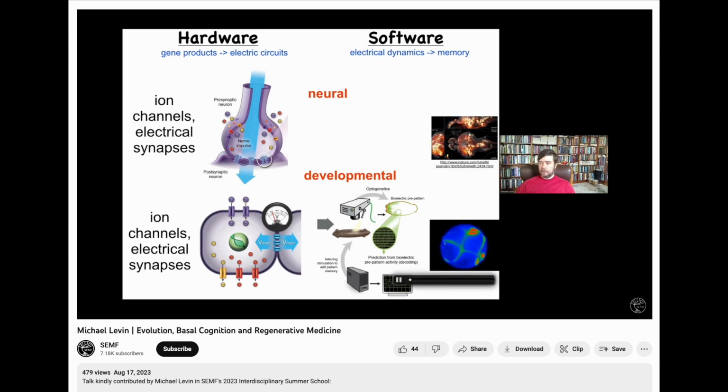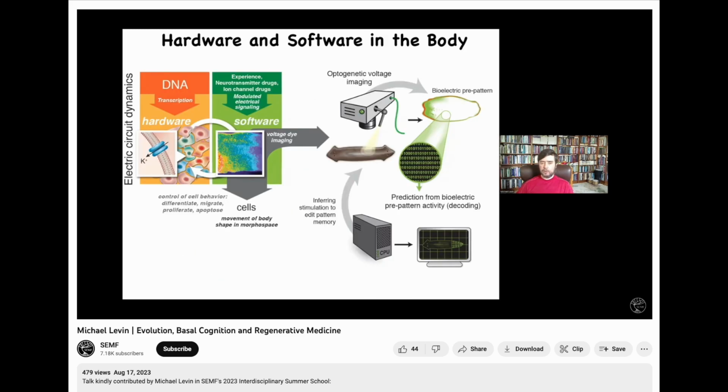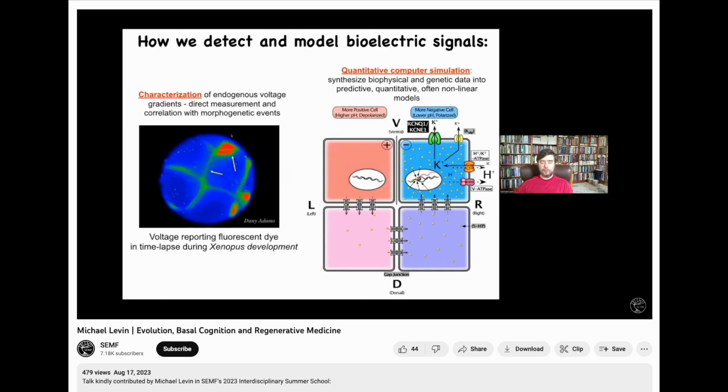This happens to be an early frog embryo. We're visualizing the electrical patterns. And again, we try to decode where it is trying to get to in anatomical morphospace. And so we developed the first molecular tools to read and write these things. So here's our use of voltage-sensitive dyes to control the bioelectric patterns within embryos, to read out what all the